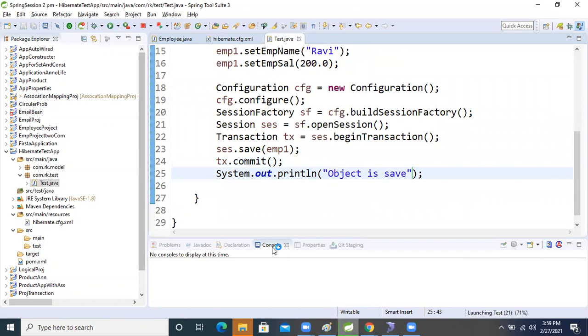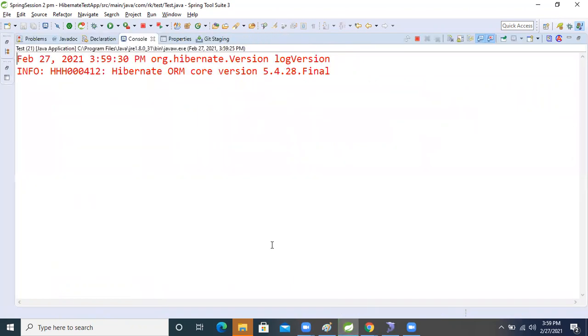The query will not be generated on the console. Observe the console.